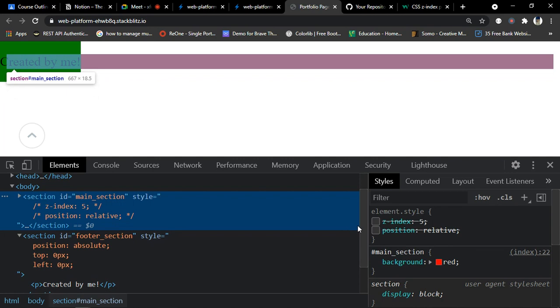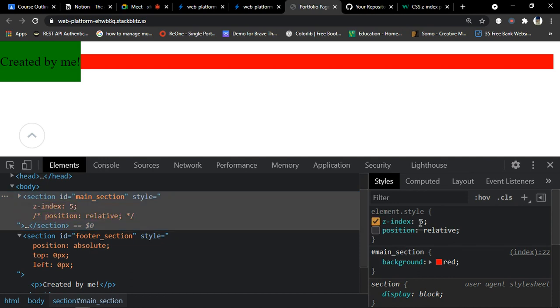So the element that I know is hidden, I want to show, I'll just give it a higher Z index than the one that is covering it. So 5 is higher than 2, 3 is higher than 2, 2 is higher than 1. But if I give it 0, is it higher than? Yeah. So this